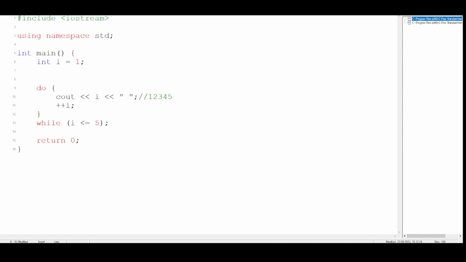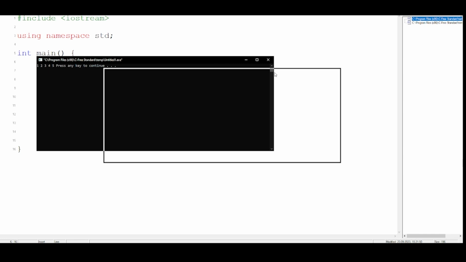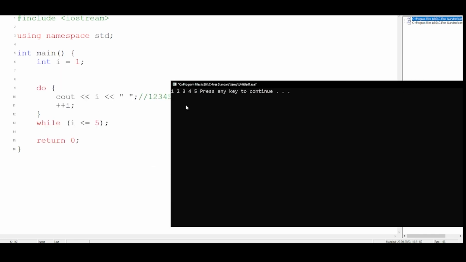So let's run the code. If you see over here very closely, we are getting the same output. So it is very simple to understand the do while loop. Just one thing you have to remember, that whatever you wrote inside the do will run for the very first time. You don't have to check the condition in the while for that. After it has run one time, you have to check the condition, whatever the condition is given. And provided the condition holds, whatever is inside the do will work. So that is the concept of the do while loop, and that is the only difference between the while loop and do while.